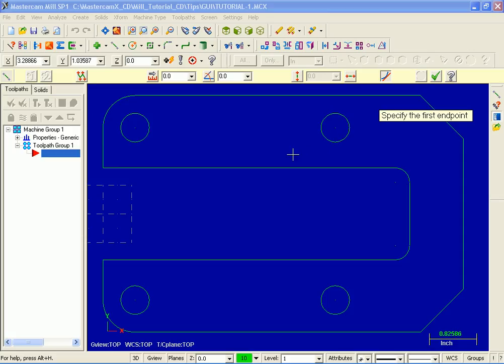What I'd like to do is draw a line from the center of this circle to the center of this circle on the right. So specify the first endpoint. What I'm going to do is move up to the AutoCursor ribbon bar, and I'm going to click on this icon for arc center. As you can see, the prompt has changed. Select an arc. I'm going to move on over and select this arc on the left, and it's snapped to